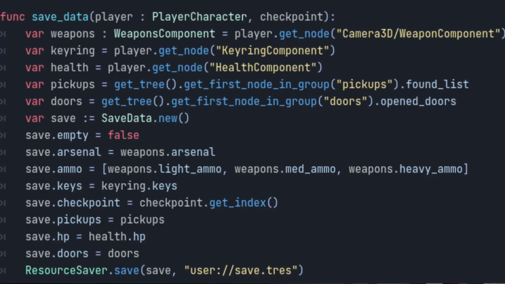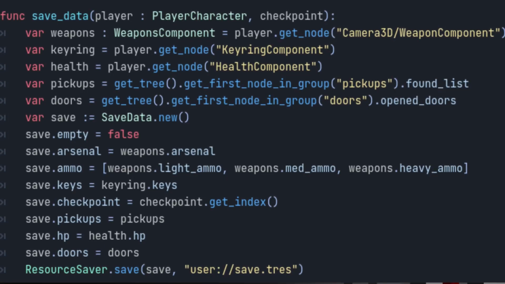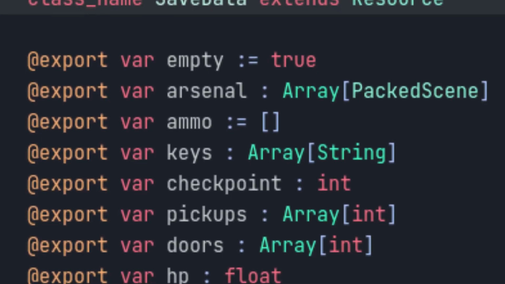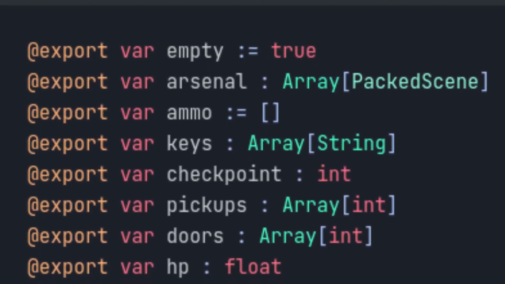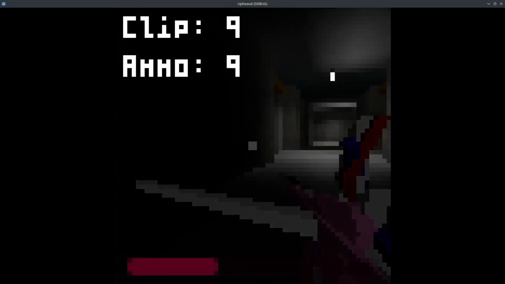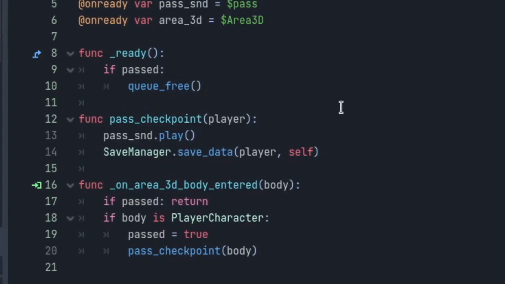The system uses a custom SaveData resource which is fed by the various systems involved upon passing through a checkpoint scene. This scene is basically a repurposed door. It plays a sound when you pass through, then contacts the player and the root of the door, checkpoint, and